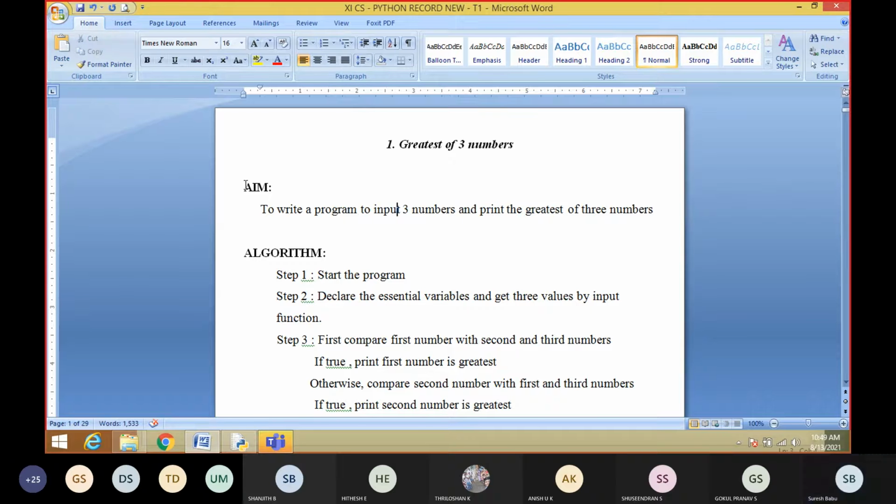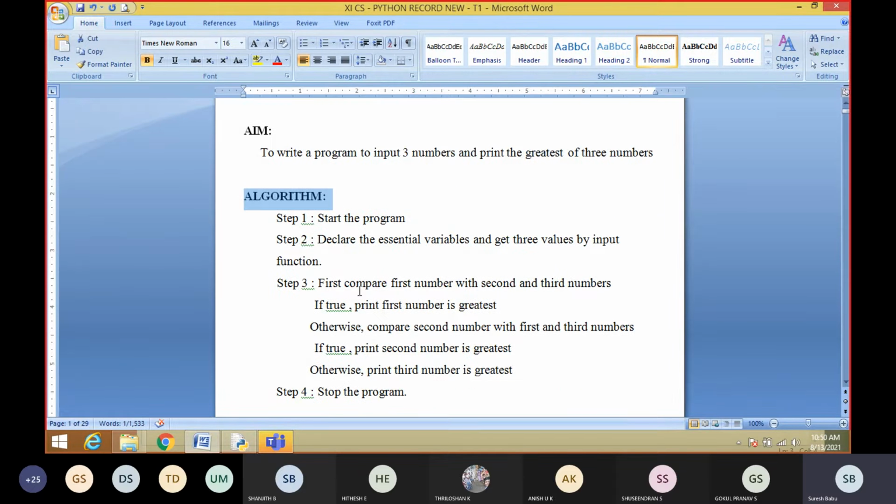So first we have to think how to do this program. Okay, that is the thing we are going to write in the algorithm. Thinking how to solve step by step procedure is called an algorithm. Okay, first step, we should start the program. We are starting, that is, we should get ready with the essentials. That is the starting one.